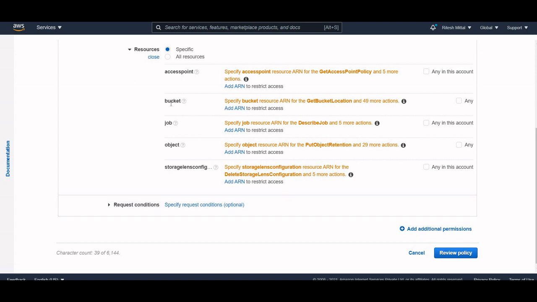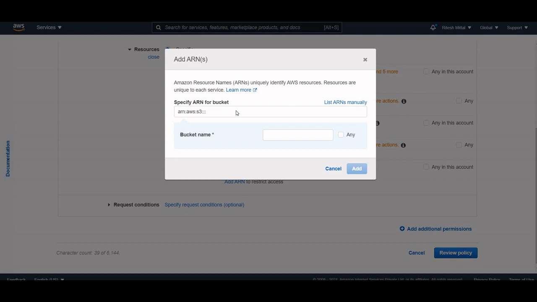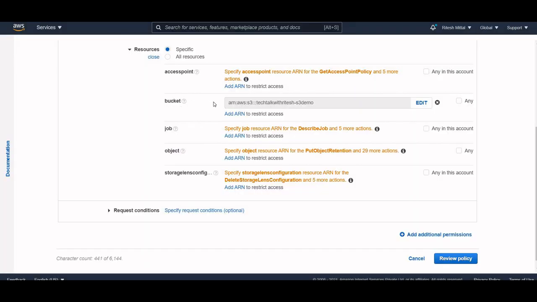I will add access to the bucket as well as the objects inside that bucket. So I click on add ARN and add the bucket we just created: copy-paste the bucket name and click add. It's showing here.